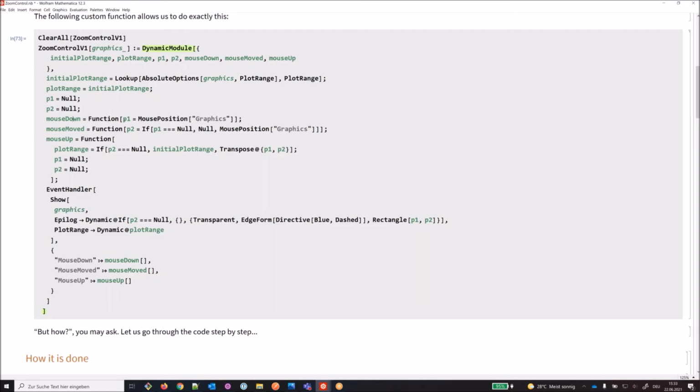When the mouse button is down, we set the first point here to the current mouse position on the graphics object. When the mouse is moved and P1 is still null, this means the mouse button has not yet been pressed, so the mouse is just hovered. Nothing happens. In other words, P2 is set to null, or it is already null. But if the mouse has been pressed and the mouse is therefore dragged, P2 is set to the current mouse